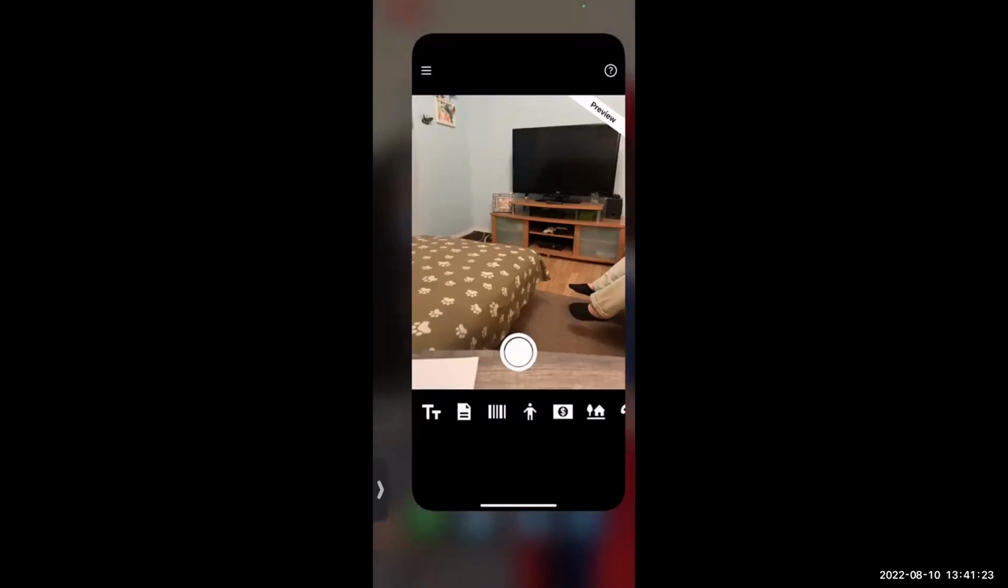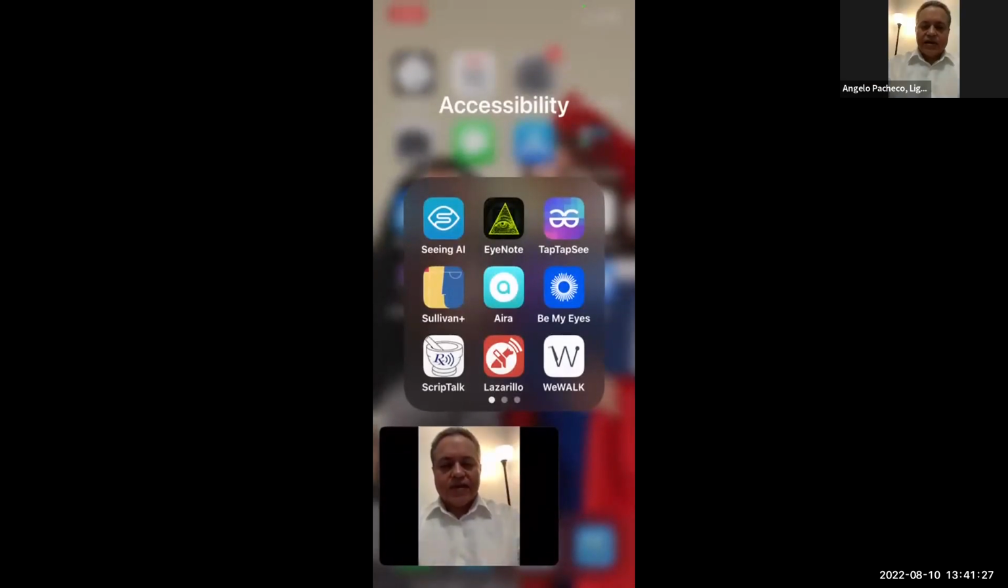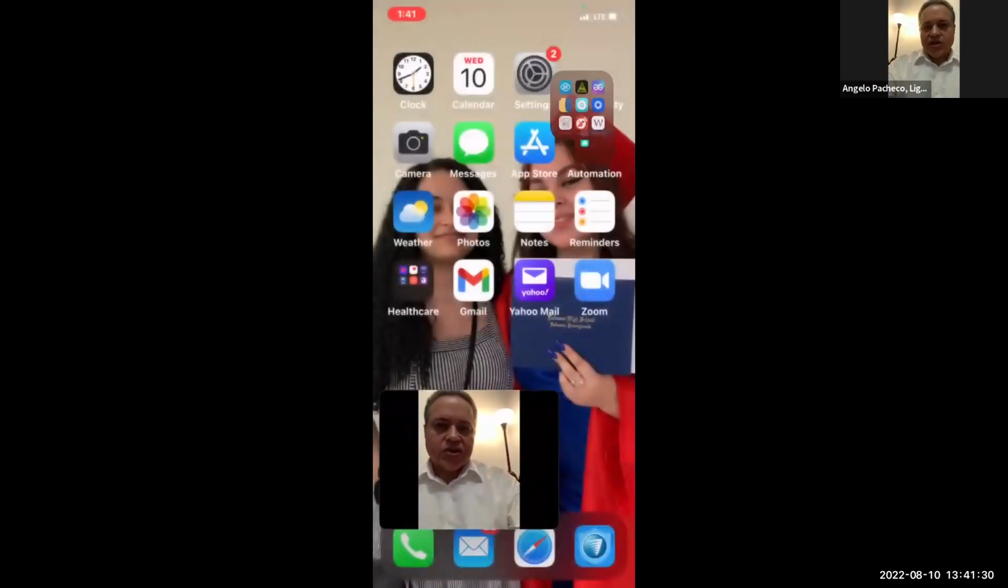I'd like to move on to a couple more apps that don't have the bells and whistles. They'll just go ahead and take a picture of the scene, and another one that will identify money. So give me a moment to exit this app. And the next app, I actually need